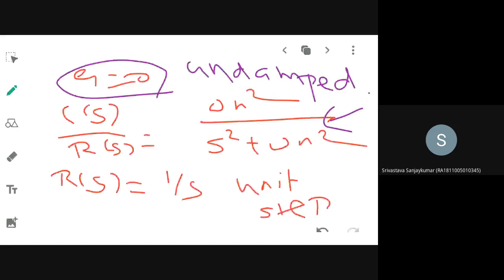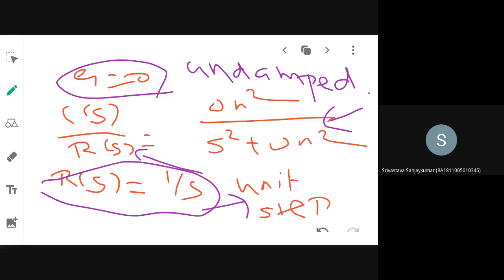Next thing is I am going to apply unit step input. You know the Laplace transform of unit step input. What is it? 1 by s. This is the unit step Laplace transform that I will substitute for R of s. Then as usual I have to take partial fraction expansion, then take the inverse Laplace transform to obtain the C of t value. So I am deriving the time response, that is C of t, for the unit step case.